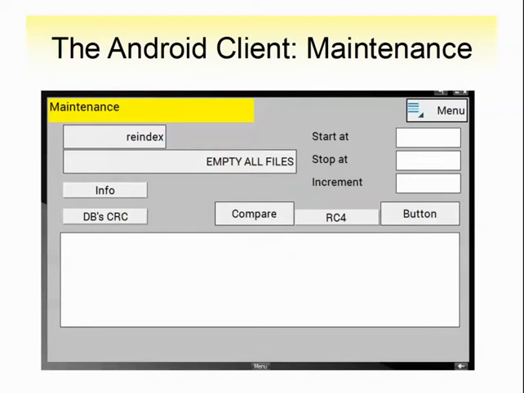Then you have the maintenance pane. You have the same thing, empty all files, info and database CRC. You also have here a reindex database, simply because at some point I was having a strange behavior and I didn't know if it was me or the database that was corrupted, so I added the reindex. You can do that very easily via the HF control center when you're on the Windows database, but when you're on an Android tablet, it's a little more difficult, so it's there. Everything else,